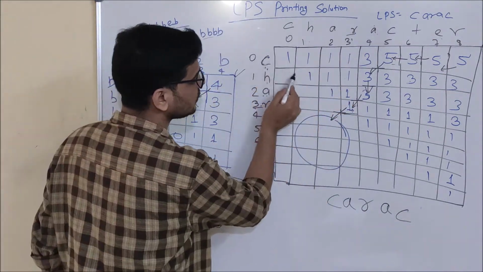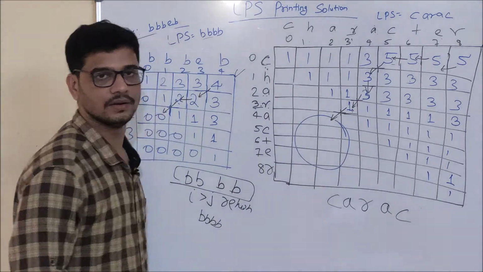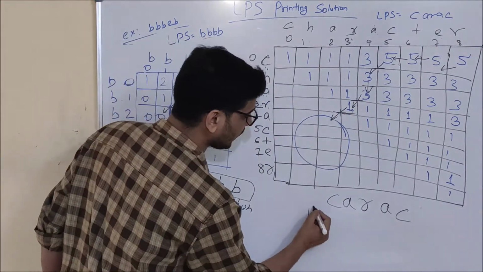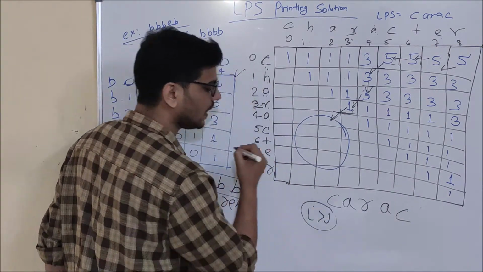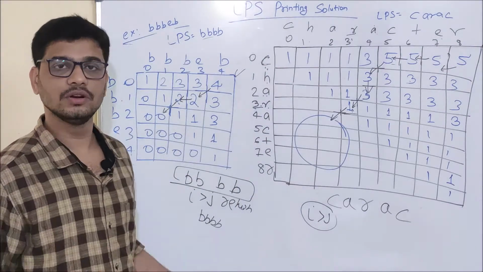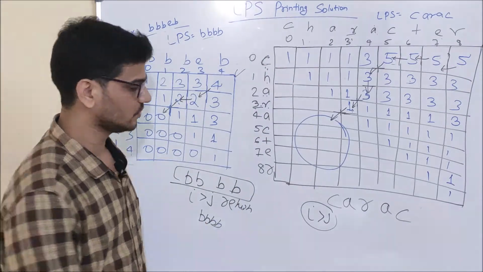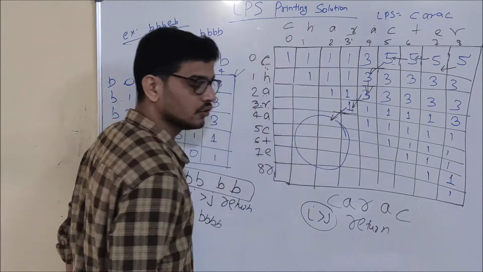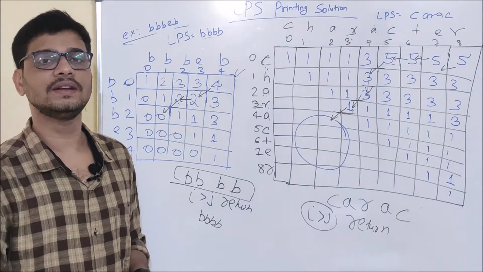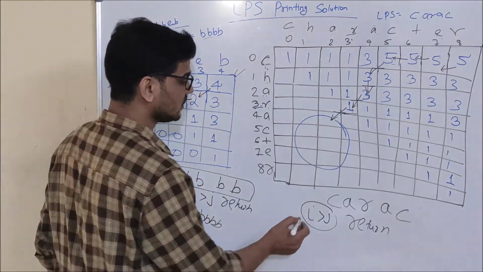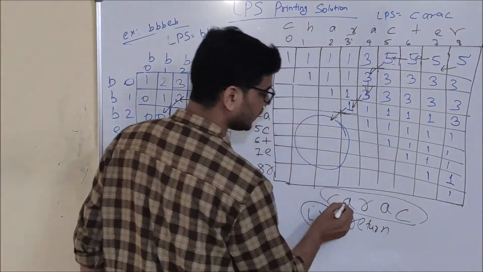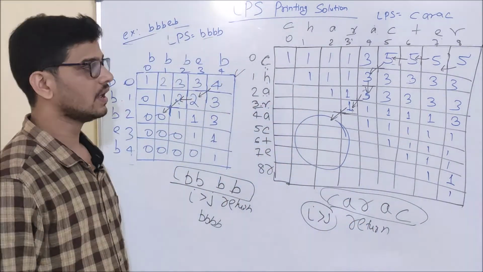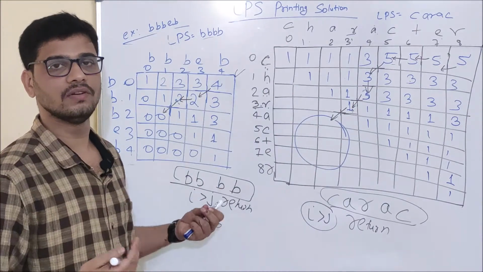And now as you can see, I have reached the lower triangle. That is, here I have I greater than J. And if I is greater than J, what should we do? What we have done in the recursive equation? We return. Okay. So here also we are going to return. And you can see, before returning, I have printed the answer, which is our LPS of length 5.